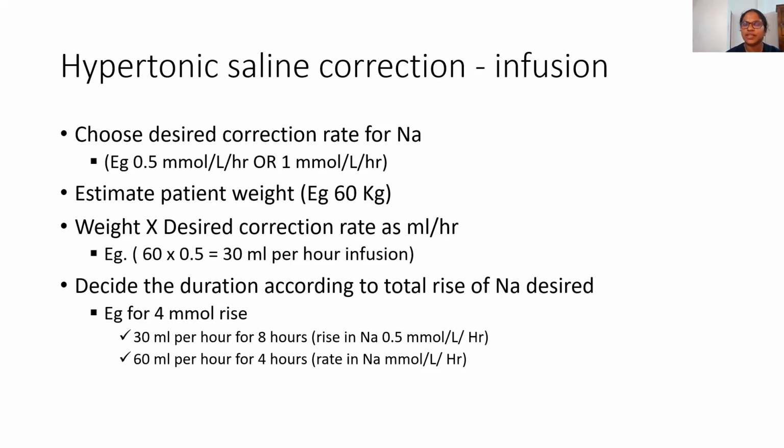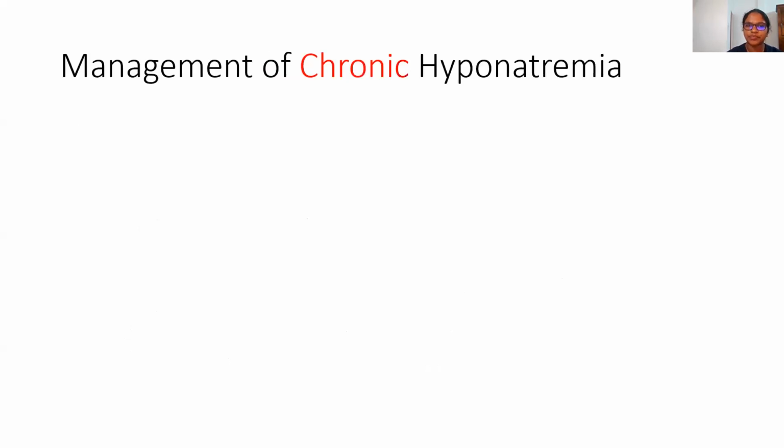There are other complex calculators as well, but none of these calculators are quite correct. So always you have to monitor while the patient is on 3% saline infusion. At least measure sodium 4 to 6 hours after you start the 3% saline before further continuation of the dose, because there can be a lot of errors in using all of these calculators. I have taken this one because this is quite correct, as well as easy to remember. Now moving from acute hyponatremia to chronic hyponatremia.